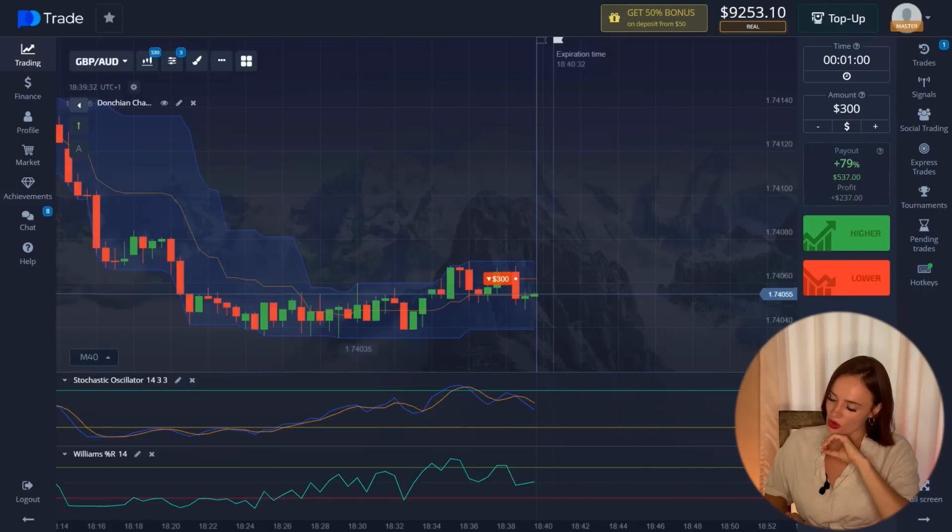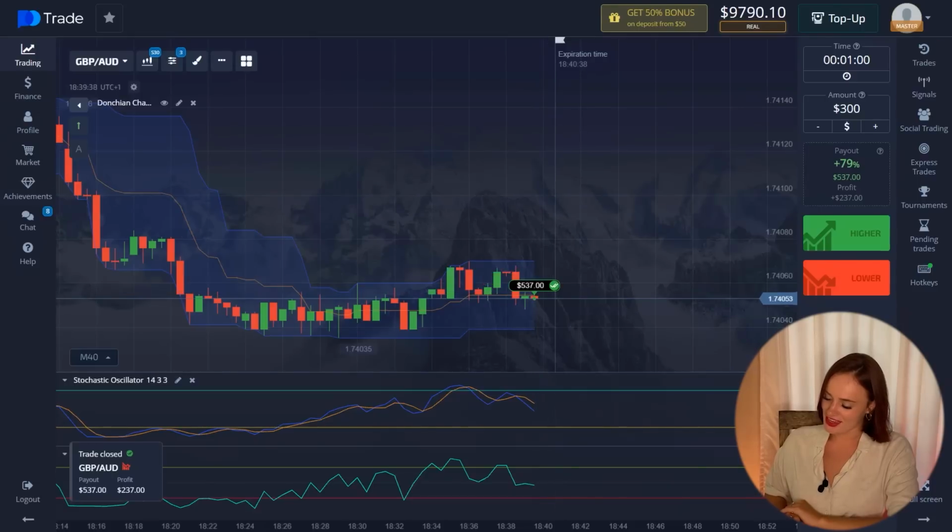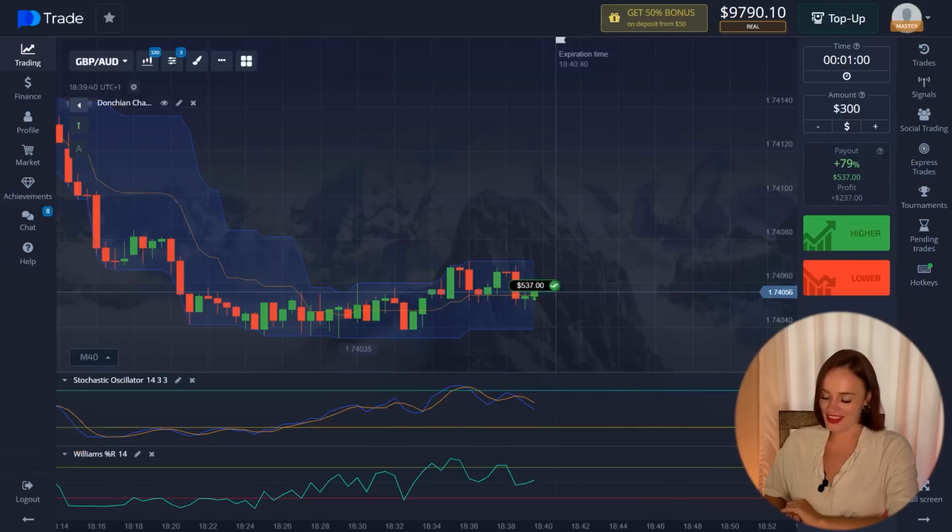A new one opens. There is no active movement on its part. The deal is coming to an end. Yep, and again we got $237 on the deposit. Excellent. On today's trading session we successfully earned $948. Whew. So I also showed in practice the work of the Williams indicator, and if you like its signals,